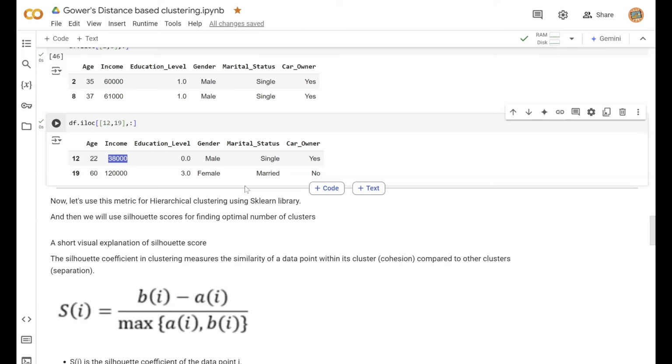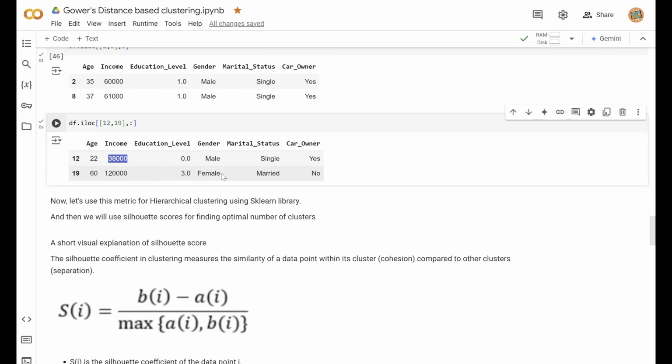Because that centroid method, the entire k-means algorithm is built around Euclidean distance. So finding the centroid of a categorical value doesn't make sense because it doesn't exist, right? There is no centroid. There is no mean between two categories like male and female. It just doesn't exist. So when using Gower's distance, we need to go for hierarchical clustering, or we call it